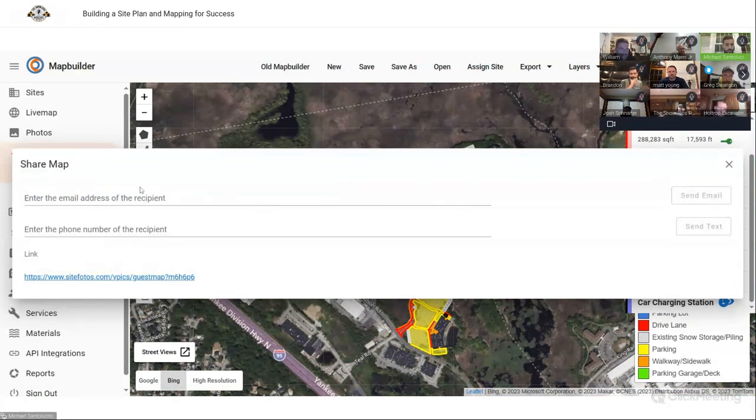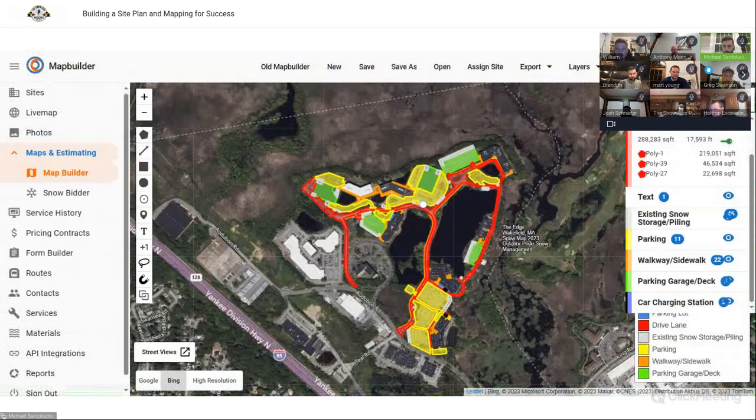You can do multiple clients on here if you want. Send this to them. They won't be able to play with it. They're just going to see your legend down here of what you've marked out and the layout of the site and how you guys have kind of delineated the areas a little bit. And when you open this up, you can zoom in and out of it, because this is way too tight for me. This would drive me nuts. So if I was going to send this to a client, I would just grab it, copy it,